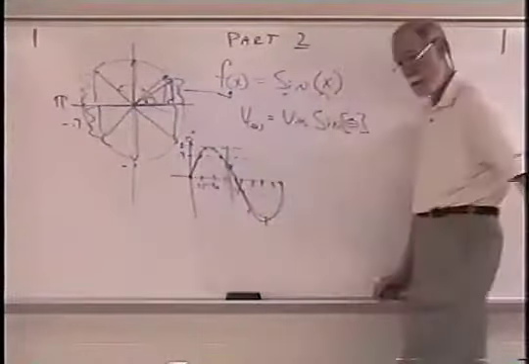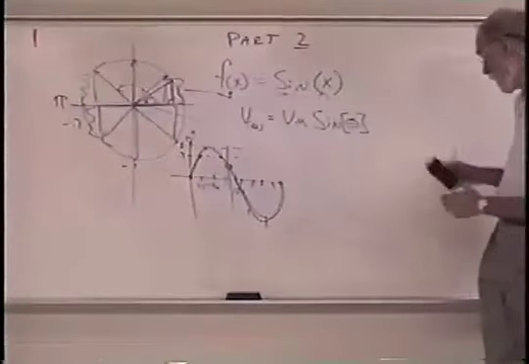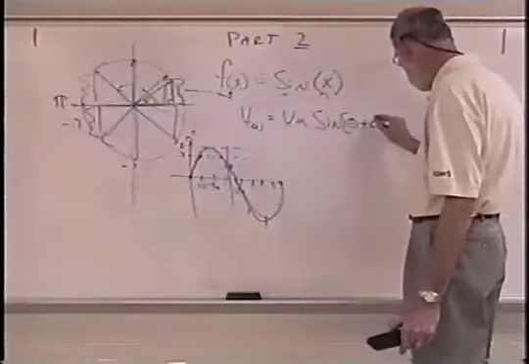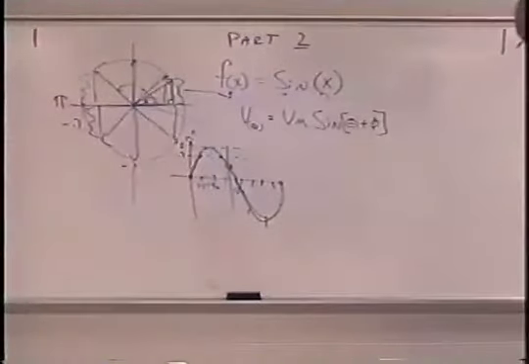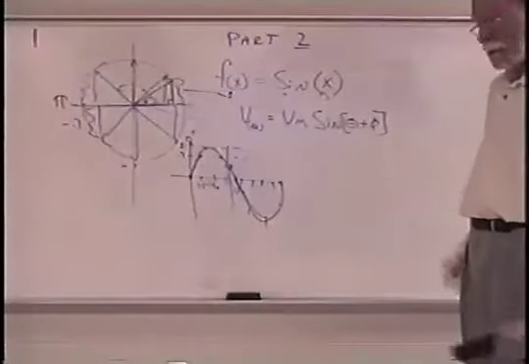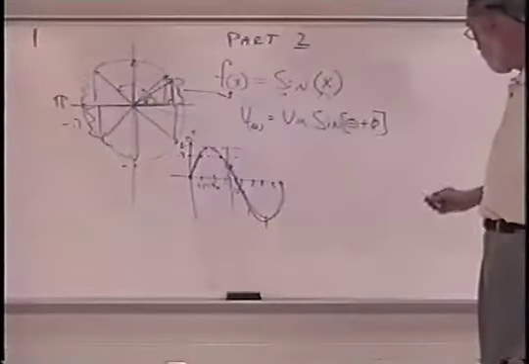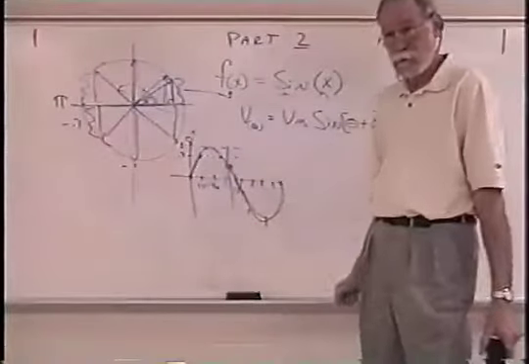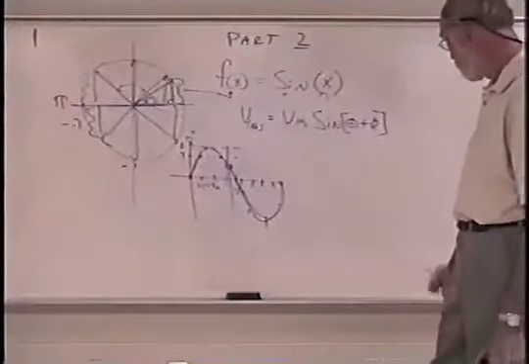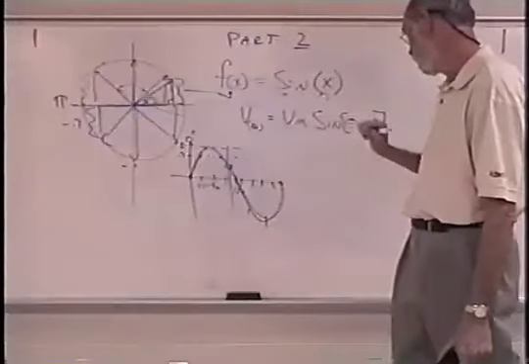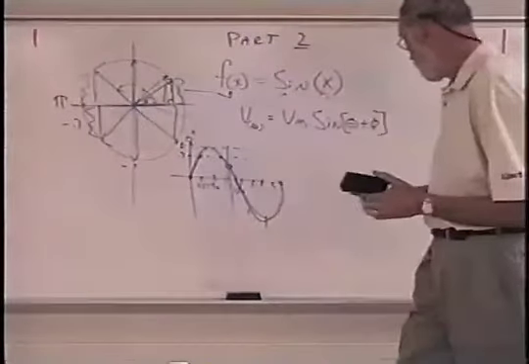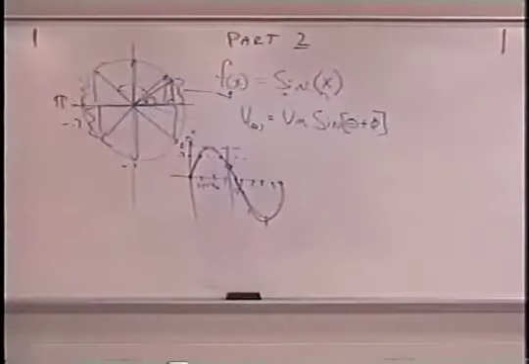right. In other words, I could have a phase shift, and we'll learn about that later on too, in which case I need to have a displacement angle to compensate for that. You just call that phi or whatever you want to call it, I don't care. But we would add that to our angle that we have gone through in the cycle, and then take the sine. Okay? So this is the